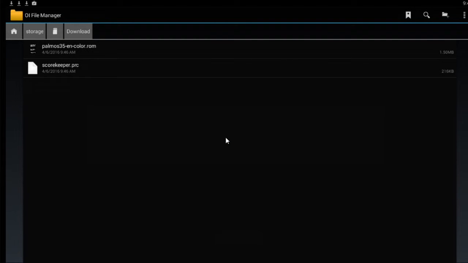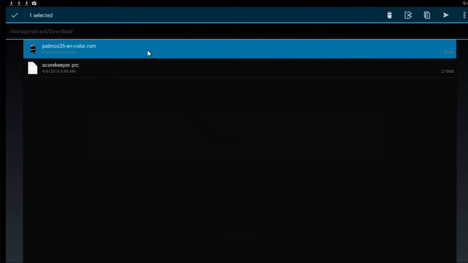So the first file we're going to deal with here is the .rom file. So we're going to tap and hold on that, and we're going to hit either the copy or the cut. I'm going to use the cut option,